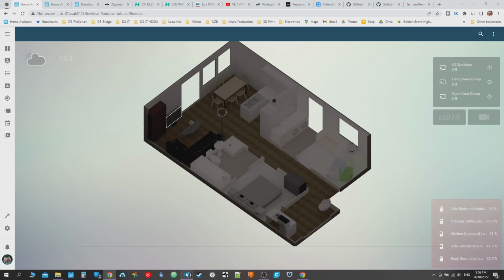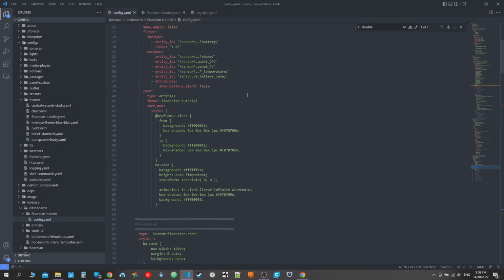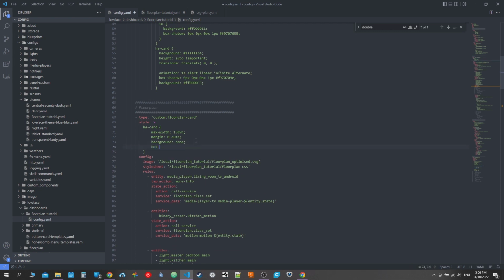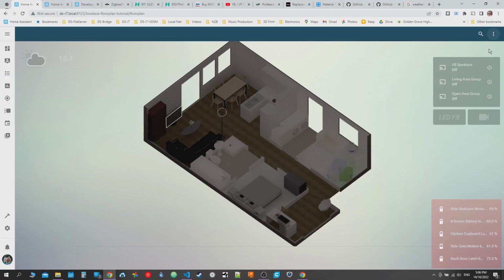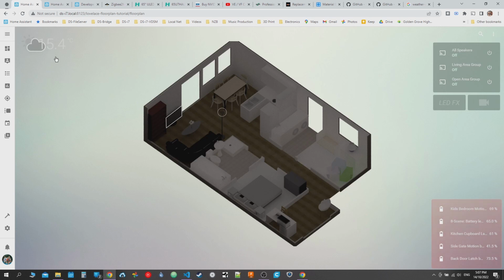So, wrong one. So if we go back up, I might go to my floor plan and just get rid of that one first. This is the floor plan card. We're going to do box shadow and change that to none. We do a refresh. You can see it's no longer got that box shadow down the bottom. I'm going to do a proper refresh to get that header proper. So now,